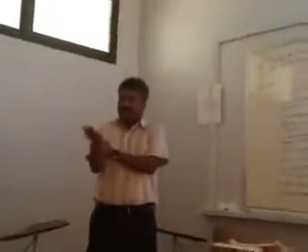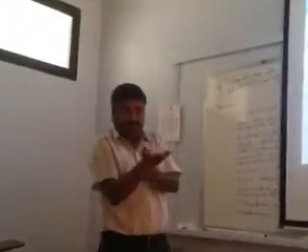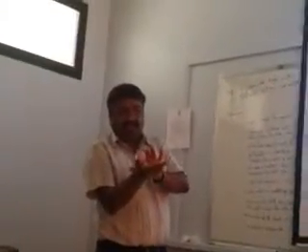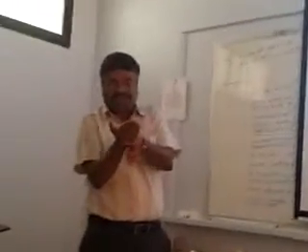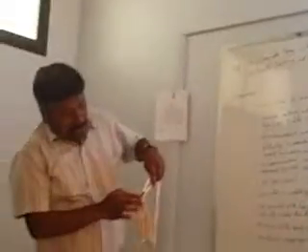One more very important point you should understand. Adduction movement takes place at the wrist joint, whereas abduction, when it is restricted by the styloid process, slight radial deviation takes place at the mid-carpal joint along with the wrist. So abduction or radial deviation takes place both at the wrist and the mid-carpal joint. What is the mid-carpal joint? I said you have two rows of carpal bones. This is the proximal row, this is the distal row. Between the proximal row and the distal row, this joint is the mid-carpal joint.